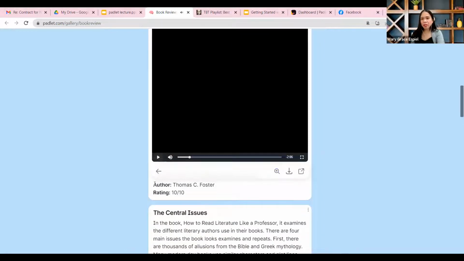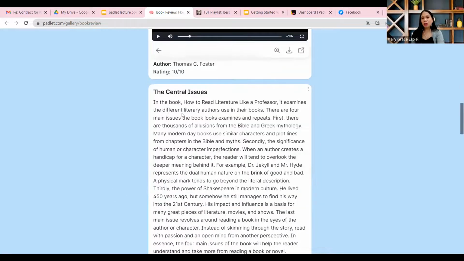Just note po that once the Padlet is shared with the teacher, for example, pwede magbigay ng comment agad si teacher. Ayun, may rating siya agad. Now, for this part of the book review, yung plot summary, 10/10 si student. And then scroll down para dun sa